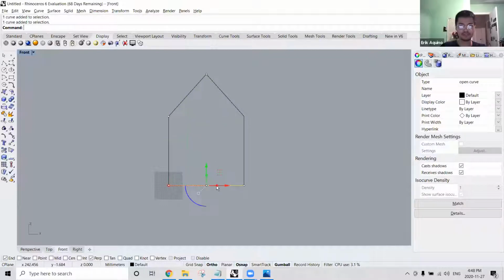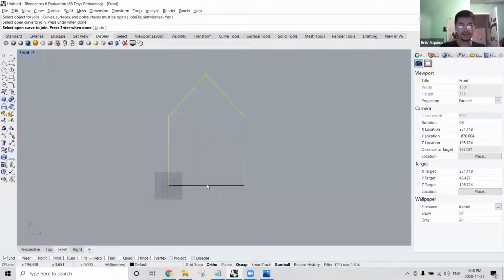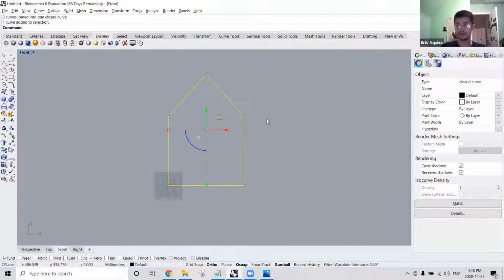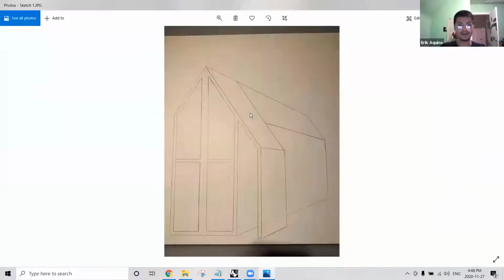You'll notice that there are separate curves, but possibly you'd want them to be one curve. So I could select them all and join them together through the join command. So I'll select this curve, this curve, this curve, and now it's one curve, and we don't have to worry about them being broken up in segments. Okay,